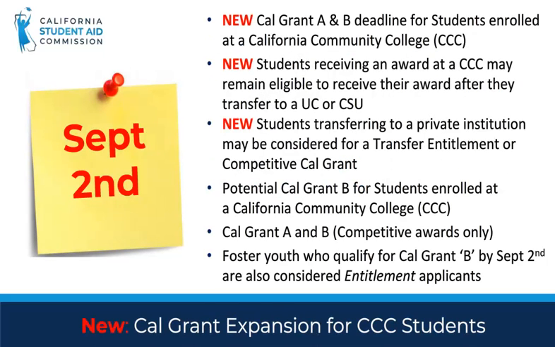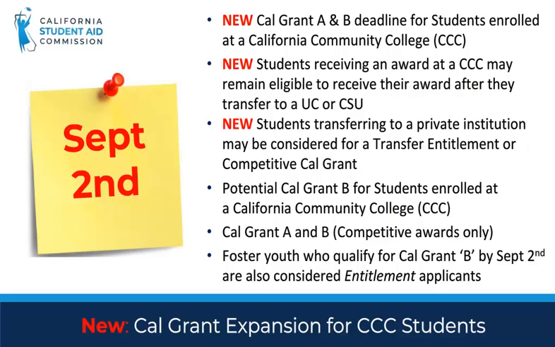We previously referred to the September 2nd deadline as the Community College Competitive Award Deadline. Of course, now the September 2nd deadline is much more significant for a huge pool of potential Cal Grant awardees. As we mentioned in our updates, the new Cal Grant expansion for California community college students is a significant change,